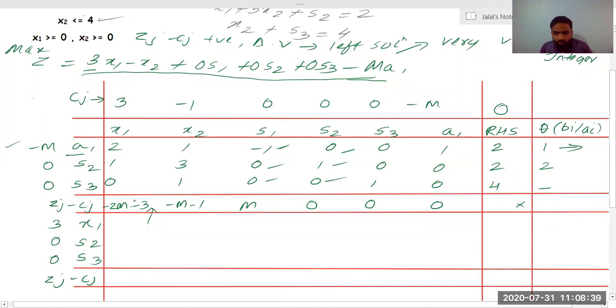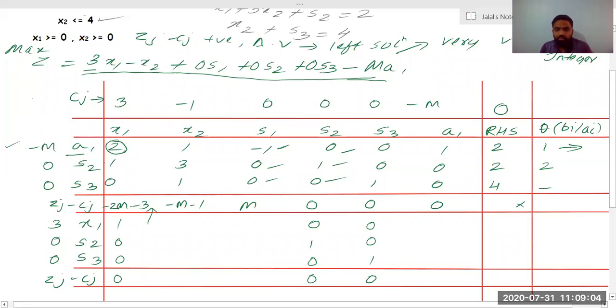So what do we need to do? We have got the least positive. So now this will be my key element, and this key element should be equal to 1. Before that, x1 will be 1, 0, 0. S2 will be 0, 1, 0. We can write it directly. S3 will be 0, 0, 1. And all the Zj minus Cj for these values will be equal to 0. We already know. Now we have to make this element 1.